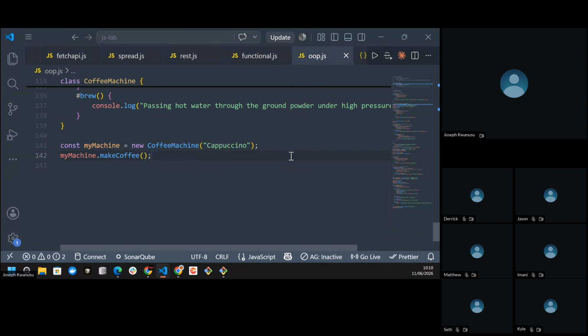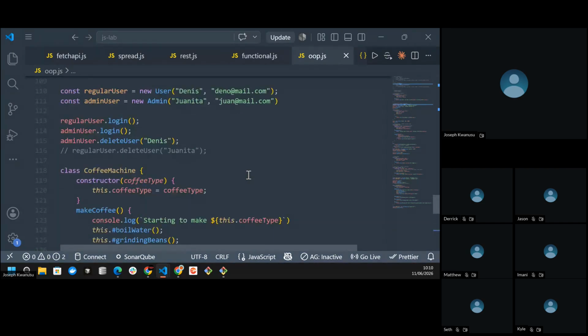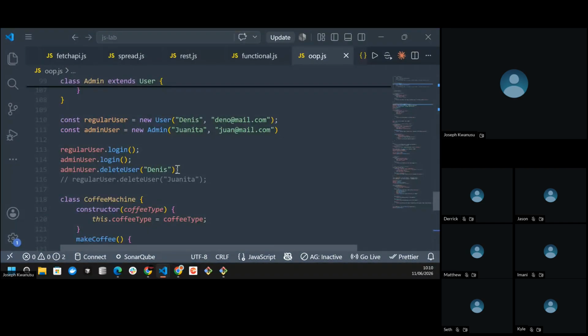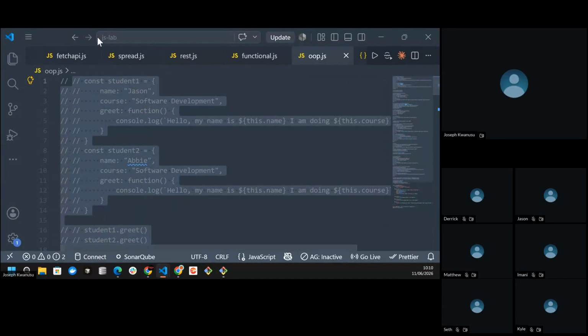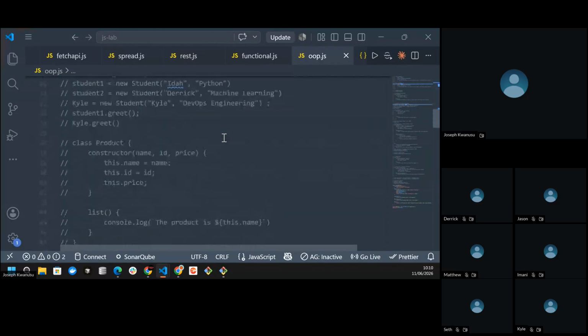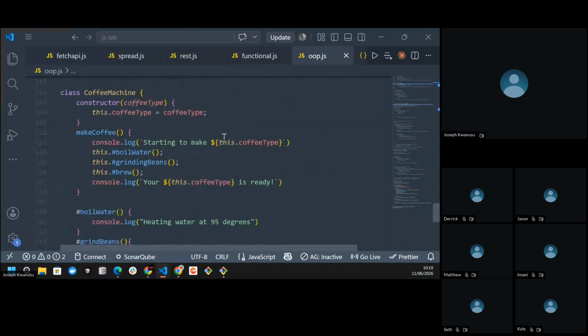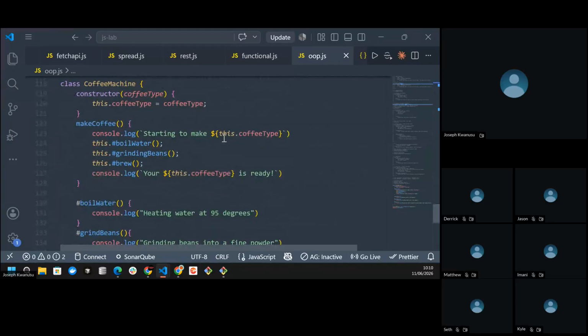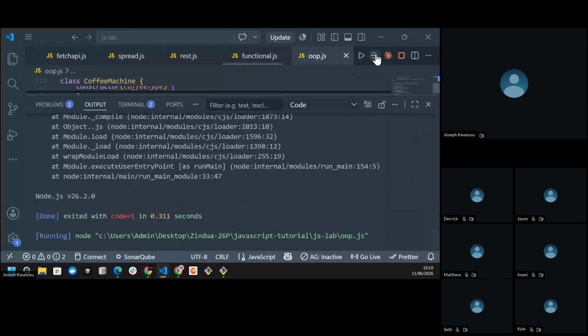We're only going to get that the machine is making our coffee. Let me comment out this other code going upwards, what we had done yesterday. So we don't have much to log, just log whatever we have here. Only have this. So now when I run this, I get